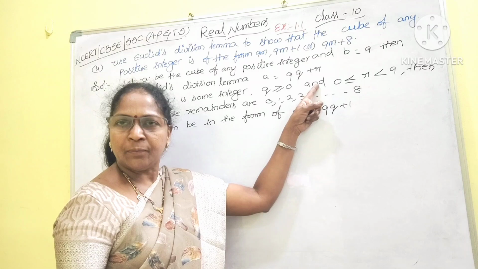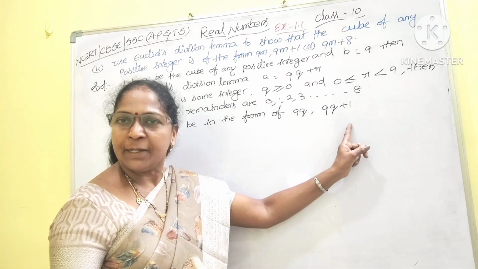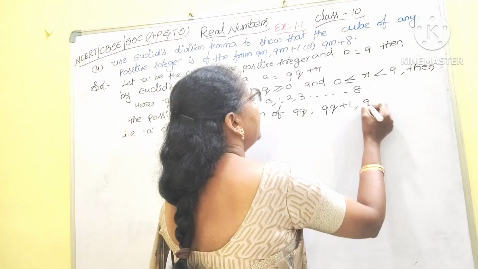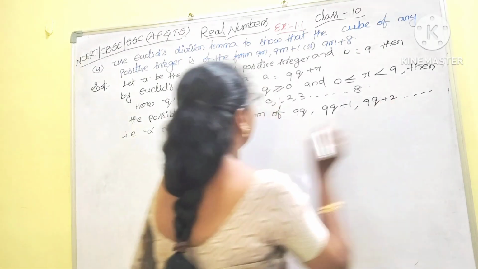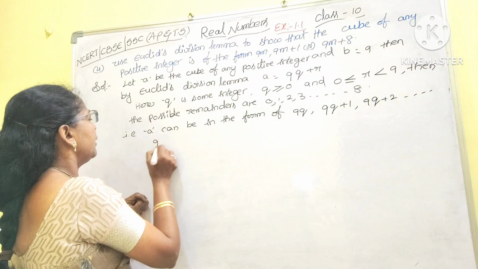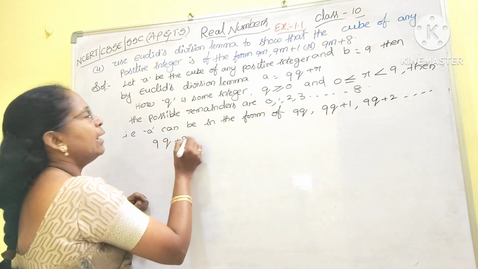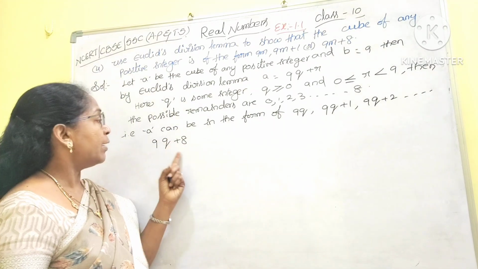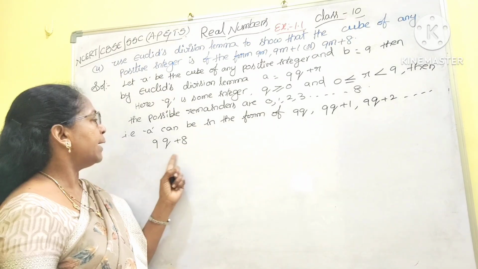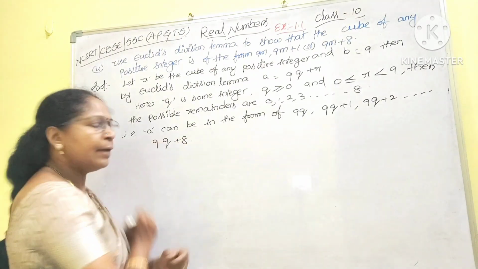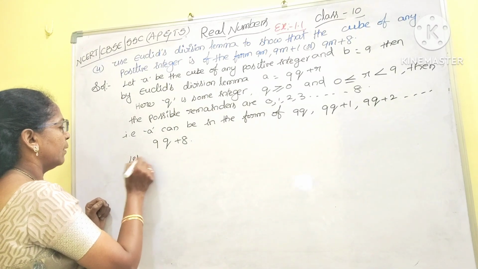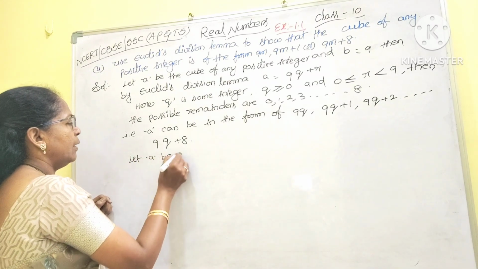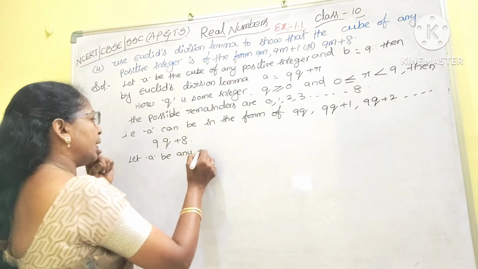If R equal to 1, then it will become 9Q plus 1. Like that 9Q plus 2 and so on, till 9Q plus 8. If R equal to 8, then it will become 9Q plus 8. Now here let A be any of the,